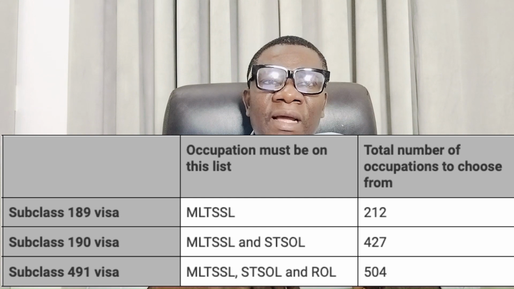You can go back to look at the requirement for each of these visas. Then it becomes a well-researched platform for you to apply for the visa, either 190 or some other visa, which you might later find out is quite easier for you. Obviously, you need to identify your occupation, ensure that the occupation is listed, and look at the visa options. The next thing you need to do, once you've seen the occupation list, is to start your application process.